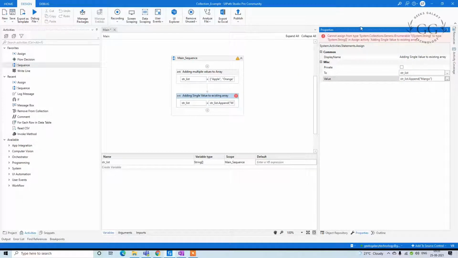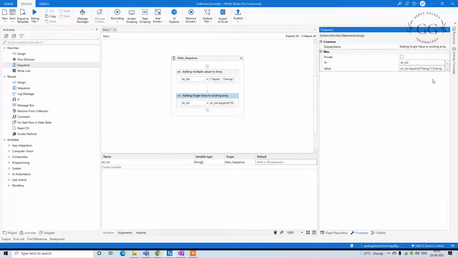Before that you can see one error is coming. A type mismatch is happening, since the type is different. So you need to convert it using dot To, choose ToArray. If you use this, the error is fixed.